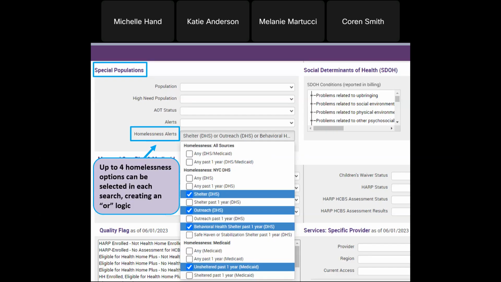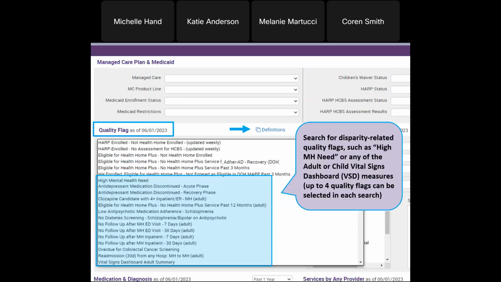And next, we're going to look at the quality flag box on recipient search. So we have a few different disparity-related quality flags here, and these are really referencing the vital signs dashboard adult and child indicator sets. And I want to just mention here we have a high mental health need flag. So that really looks at anyone in PSYCKES who meets one or more of the following criteria. So that looks for people who are AOT active or expired in the past 5 years,